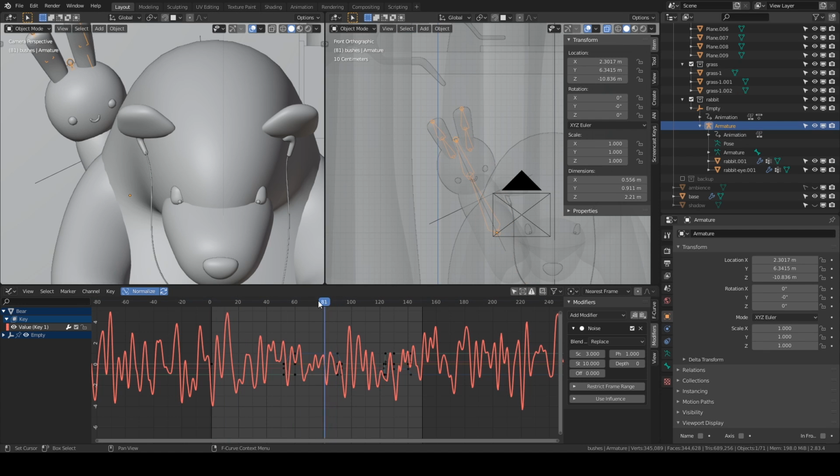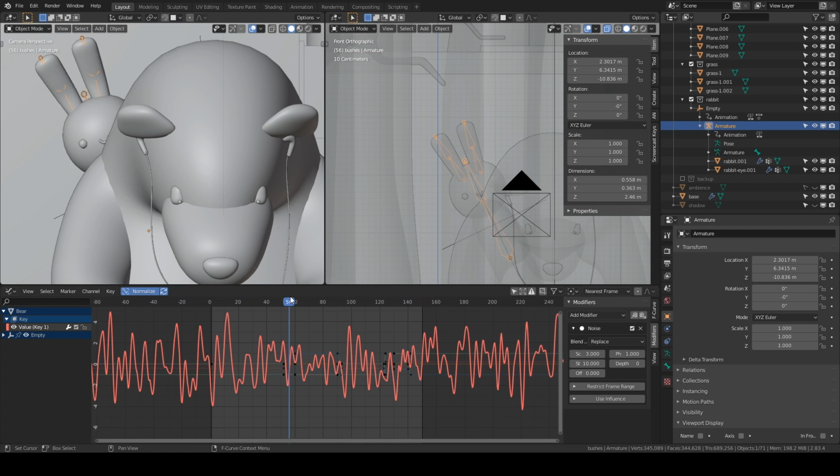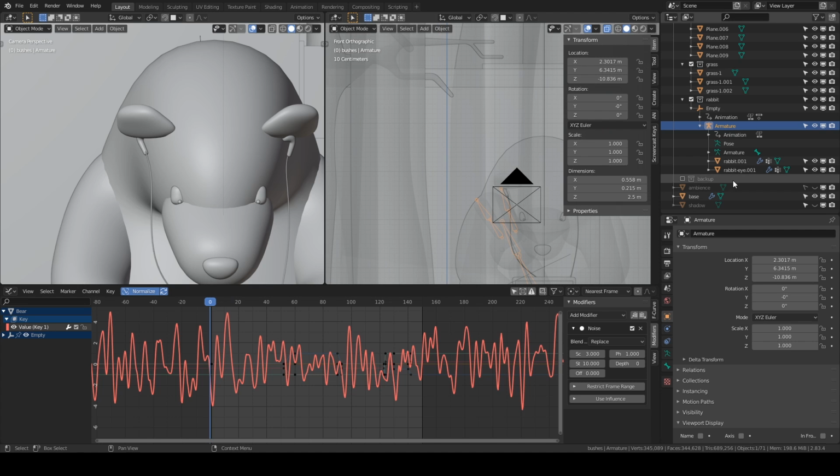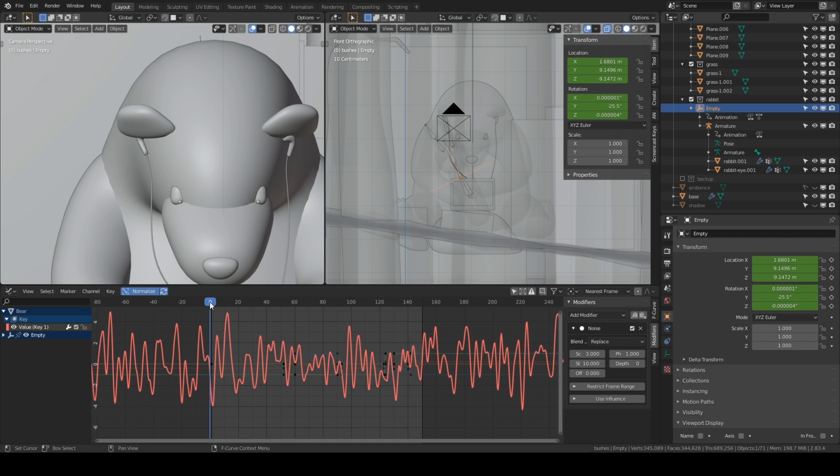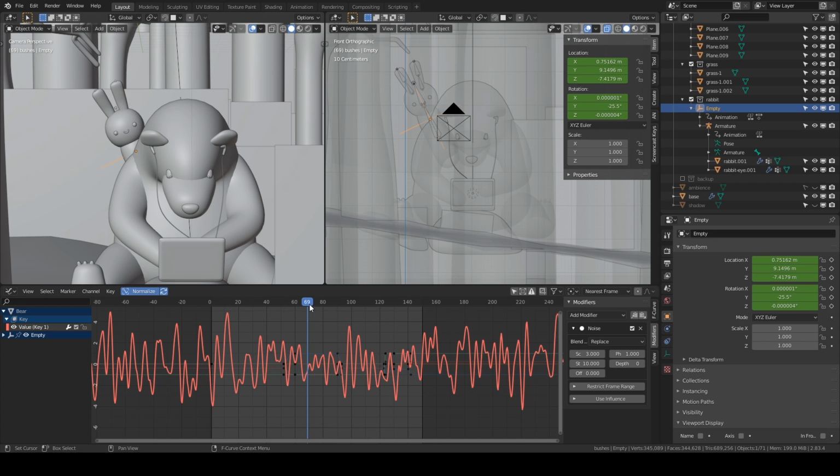And this animation was done using keyframes. I won't be able to talk about it, it's a completely different video perhaps. And I'm using an empty to reveal it from different positions. Like it starts from this frame, it peeps behind the bear, it looks at the laptop, and then it hides.